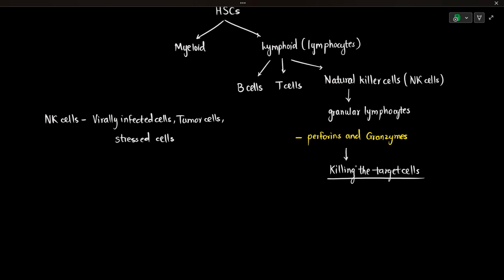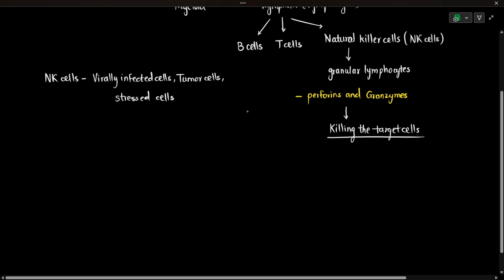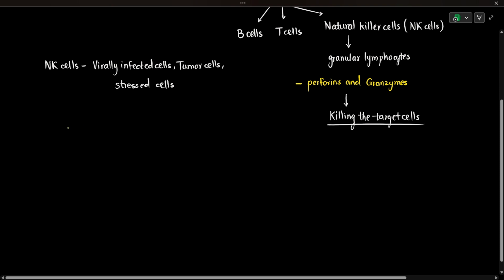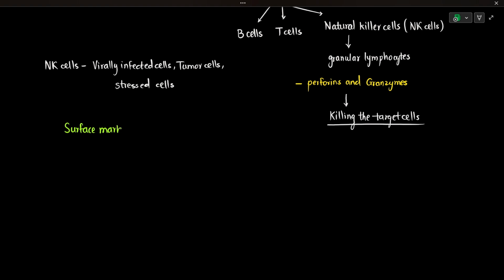There are different types of receptors present on the natural killer cells, which help in their recognition. Those are known as surface markers. These surface receptors present on the natural killer cells are very specific, and I'm going to list them down here for you. So let's discuss the surface markers of natural killer cells. Okay, so there are different surface markers such as